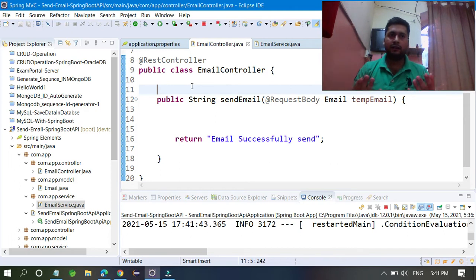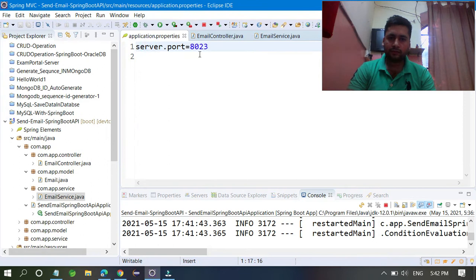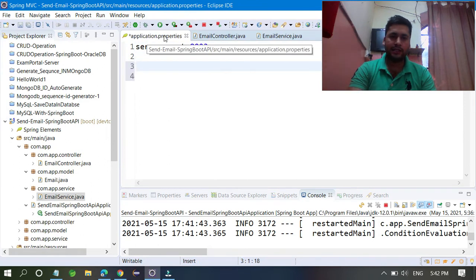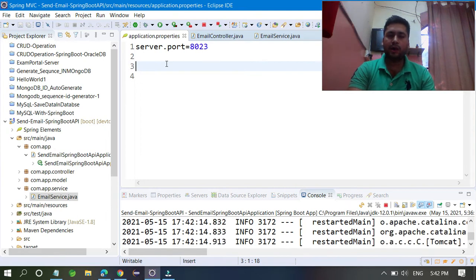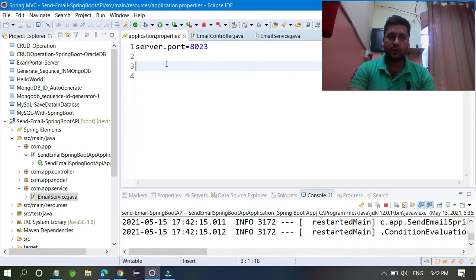So when you want to send the data by email, you have to write some configuration in the application.properties file, about which email you are going to send the email from. For example, I want to send email to you, so first I have to write my email properties here in our project.